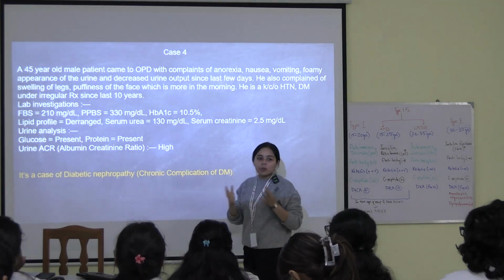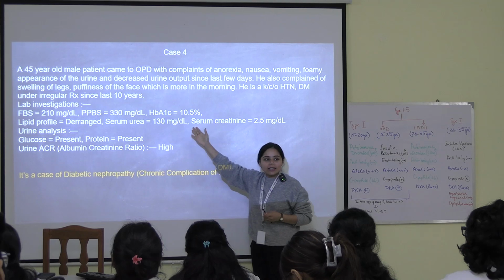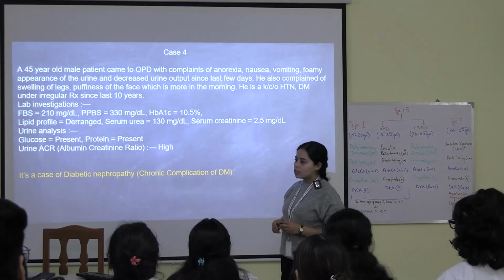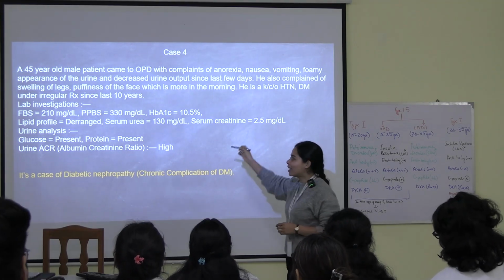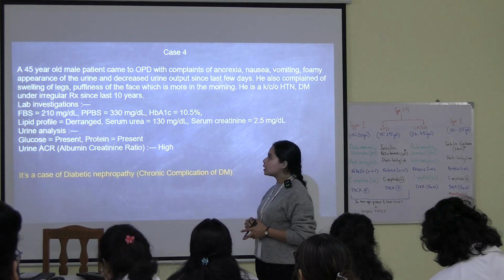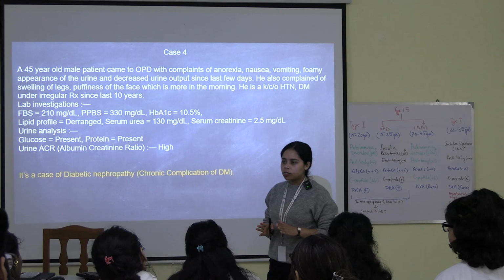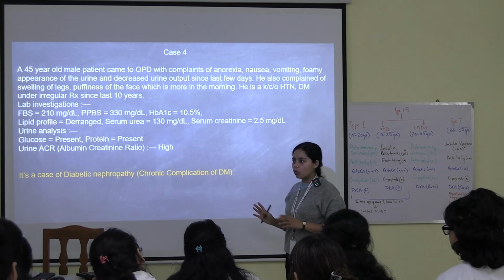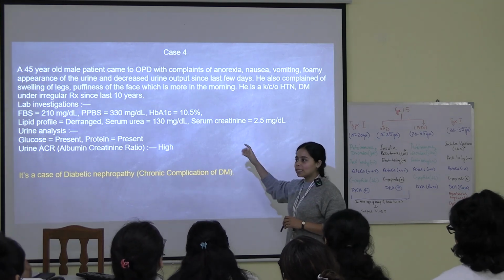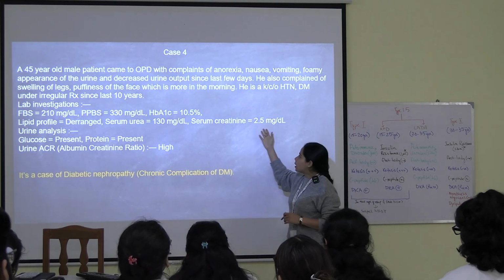Then the main thing that nobody noticed was the serum urea and creatinine. I am telling you, everything is high. Nobody mentioned the serum urea and creatinine. You are not sure, but I told you it is high. That's why I mentioned everything is high, but nobody noticed it. It's more than high. Urea is 120 or 125, something in that range; I can't quite recall, but it is higher than normal. When I was reading it out, I mentioned that everything is high, but nobody noticed. So in the first case itself you should have understood that urea and creatinine are high.